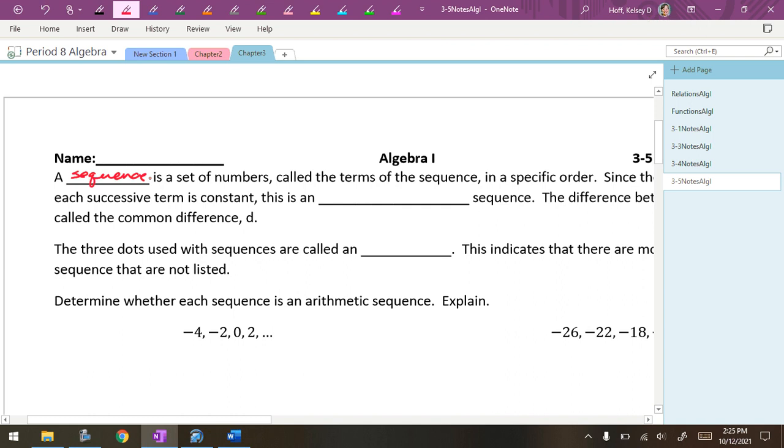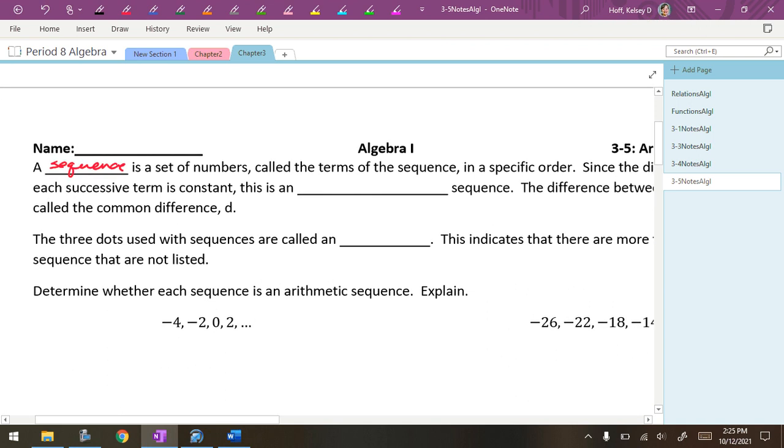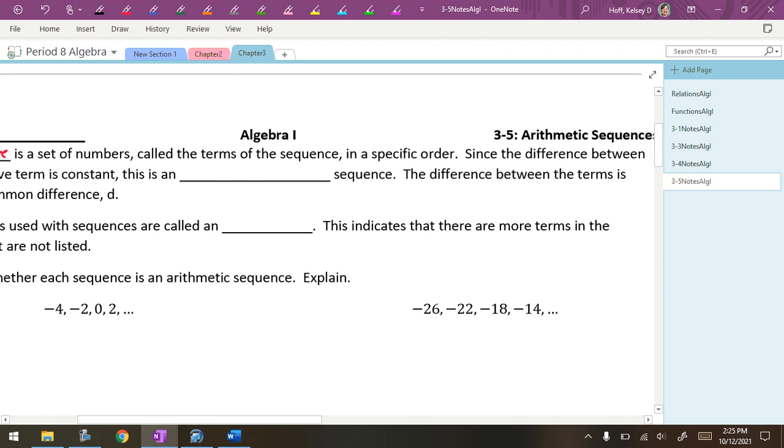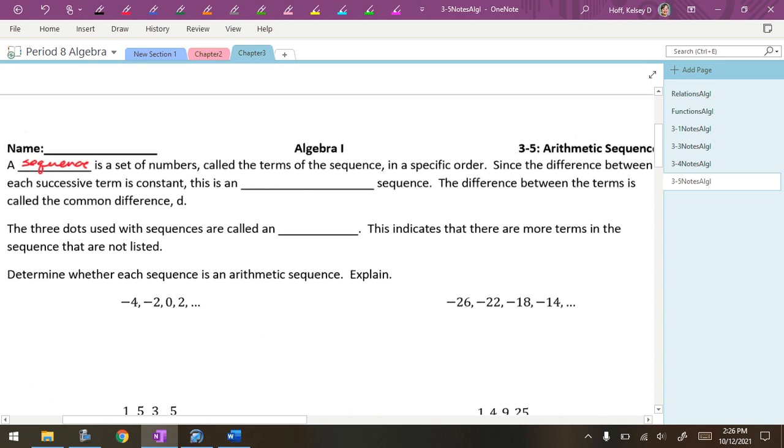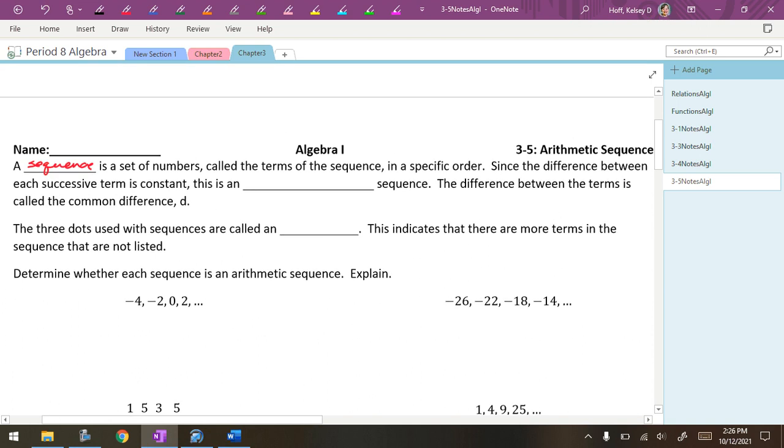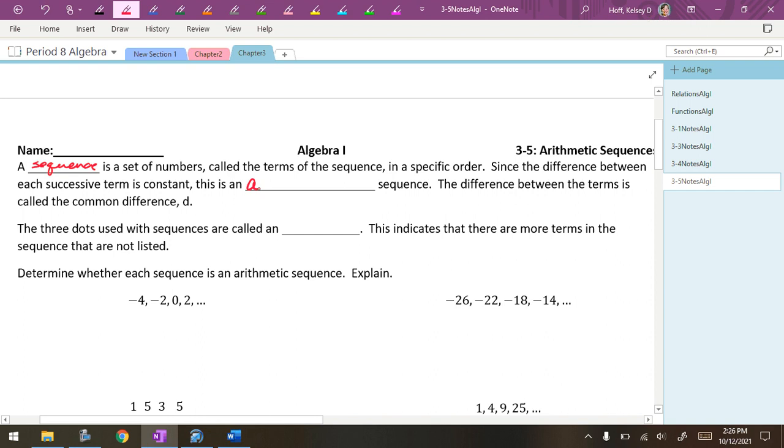A sequence is a set of numbers called the terms of the sequence. So the first number is the first term, the second number is the second term, the third number is the third term. But they're in a specific order, since the difference between each successive term is constant. Now there's a lot of vocab there. The difference or the change between each successive term, which means every number in a row, is constant. Constant means the same. This is an arithmetic sequence,